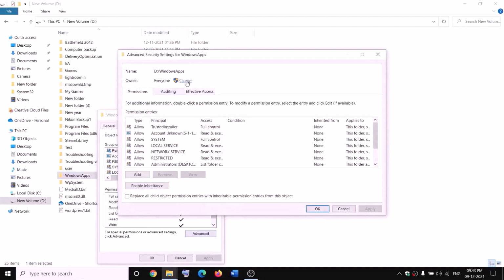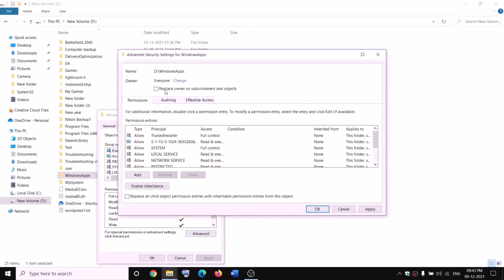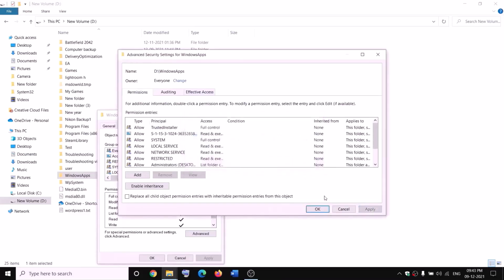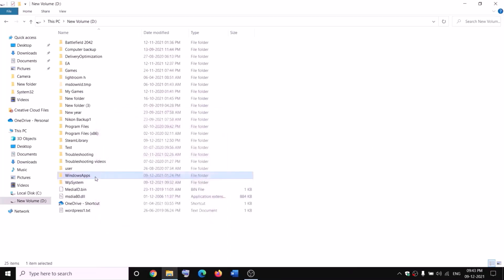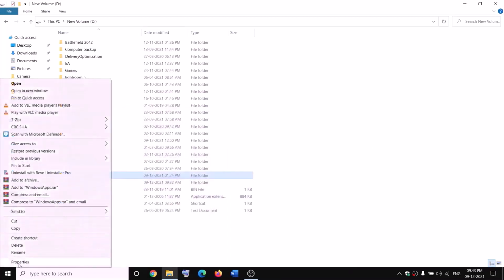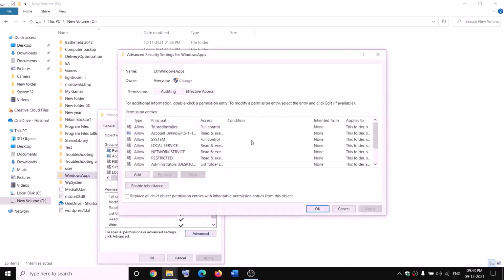Now click on change over here, type in everyone in the box. Now click on check names, then click on OK. Now put a check on the box which says replace owner on subcontainers and objects and then click on apply. OK, OK, again OK. Again make a right click on Windows Apps, select properties, security tab, advanced, and this time